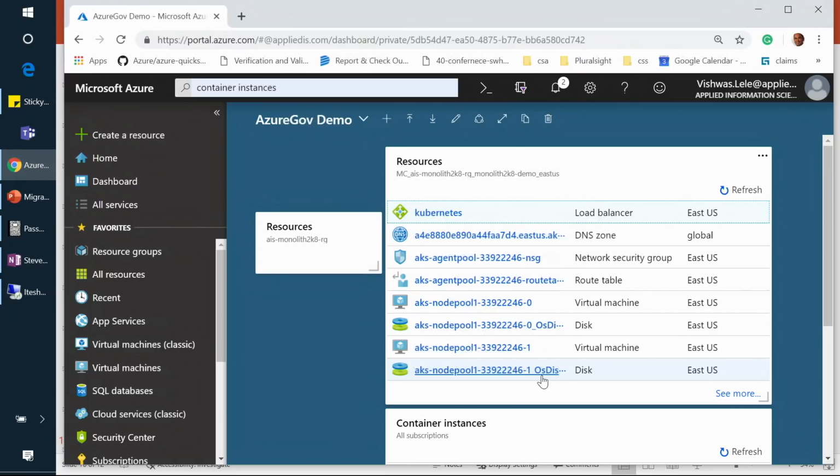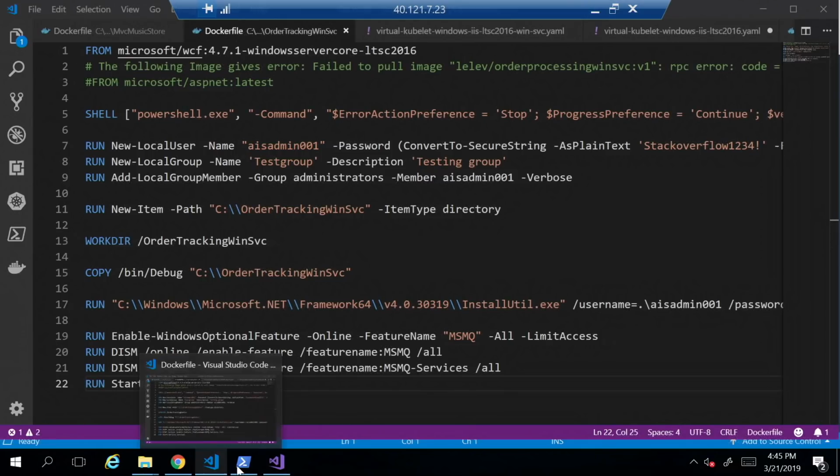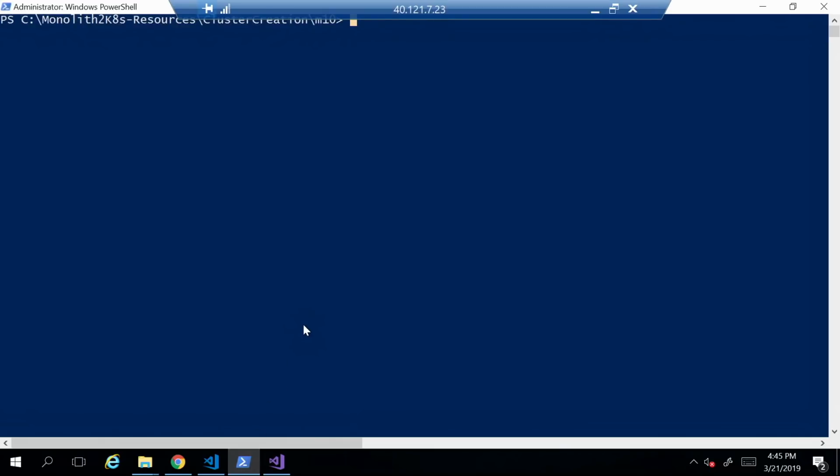So to keep things in the logical sequence, we built the application, we created the container images, we created the cluster, and now it's time to go and look at the cluster itself. So let's go ahead and do that. I'm going to go back to the PowerShell window. And because you are spinning up these container images inside the container instance, it can take 2 or 3 or 4 minutes to get it up and running. And we didn't want to wait for that, so I started these container images, if you will.